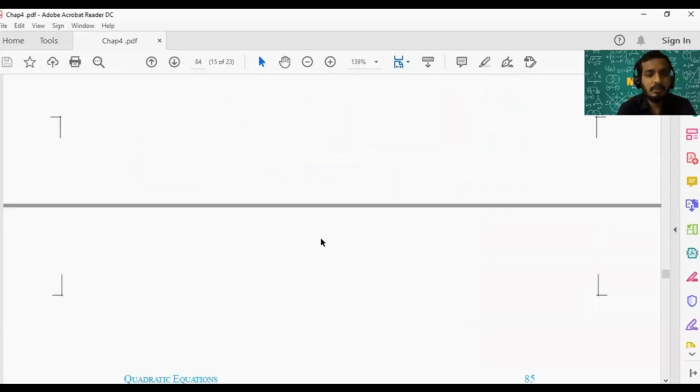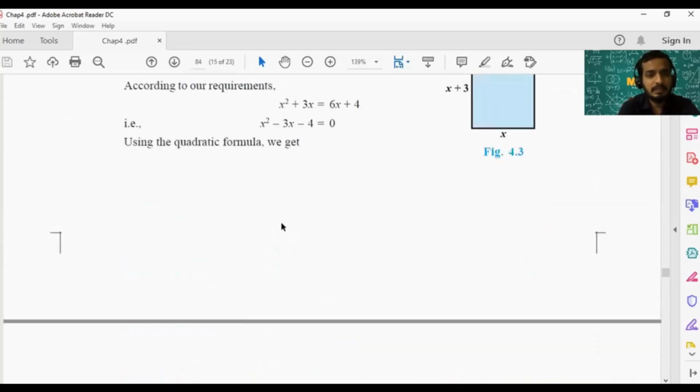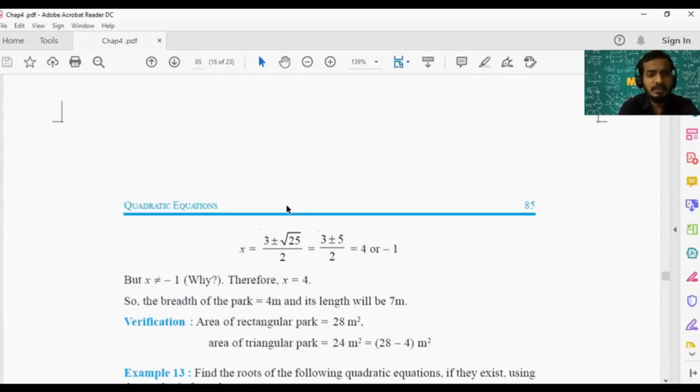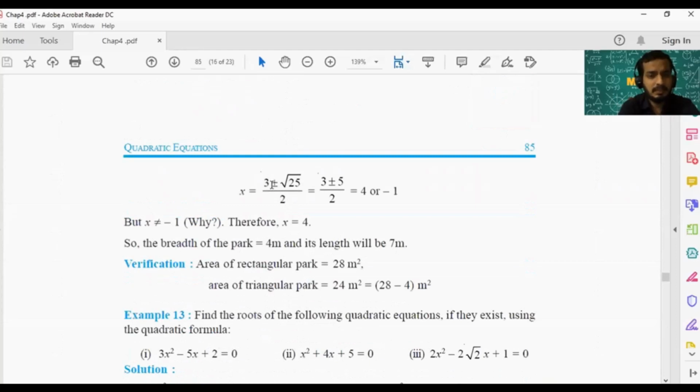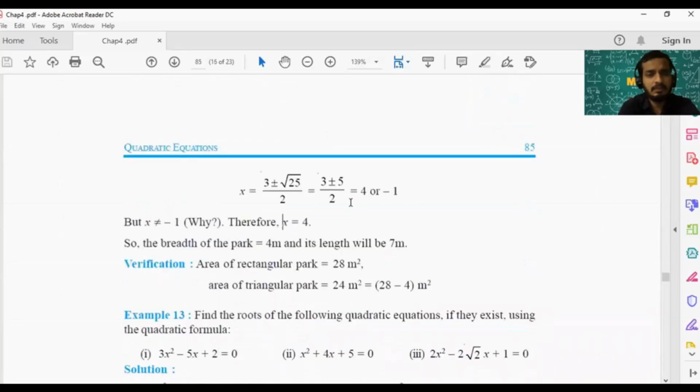So in the formula we want to take minus b. So minus of minus 3 will become positive 3, right? In the quadratic formula, the formula starts with minus b, but here b itself is negative. So minus b will be negative of negative 3, that will be plus 3. Okay, then plus or minus root of b square minus 4ac, if you calculate for this quadratic equation, it will be 25.